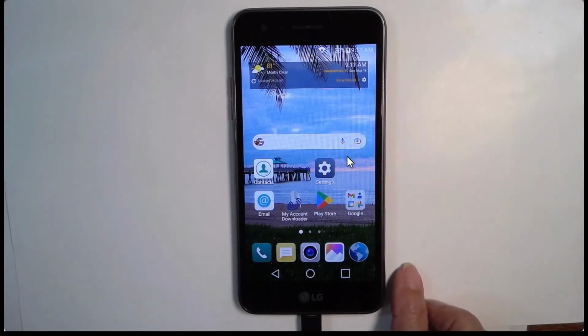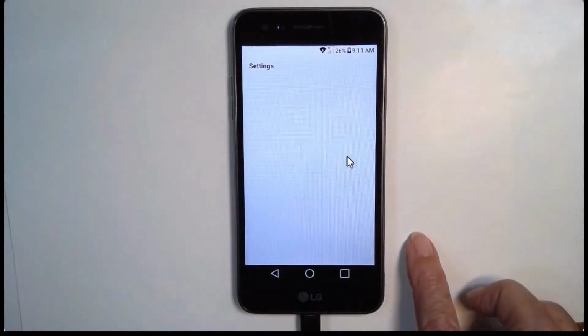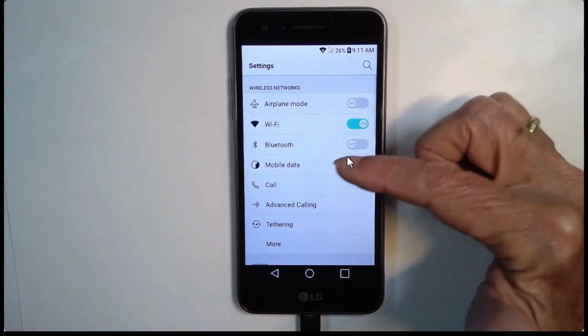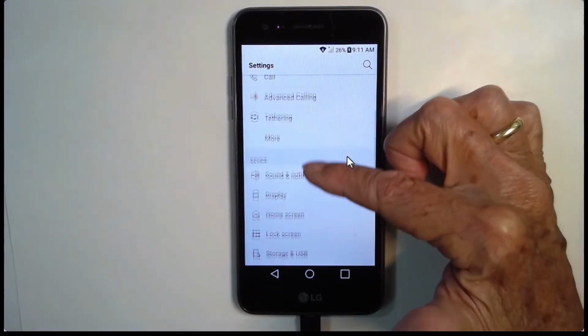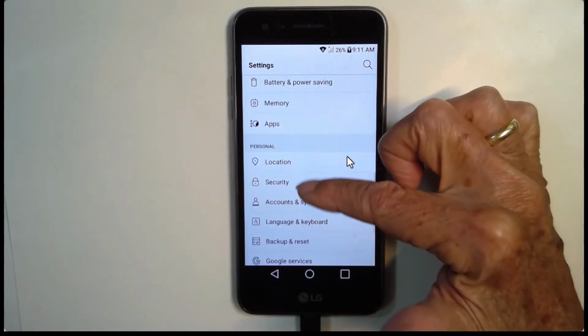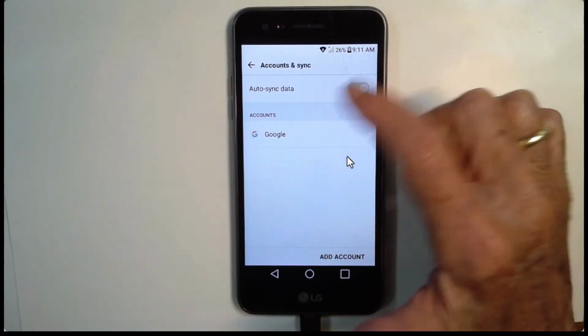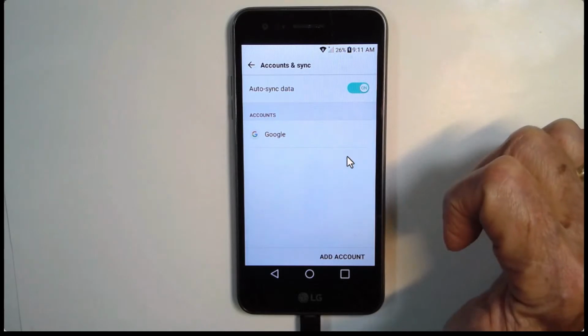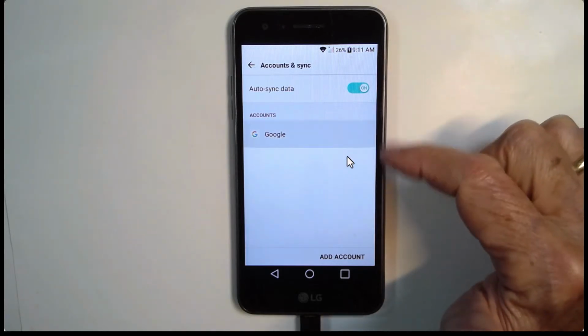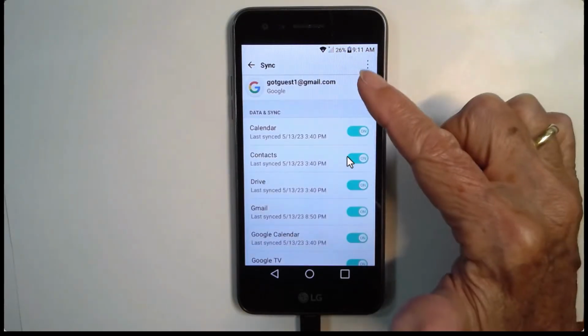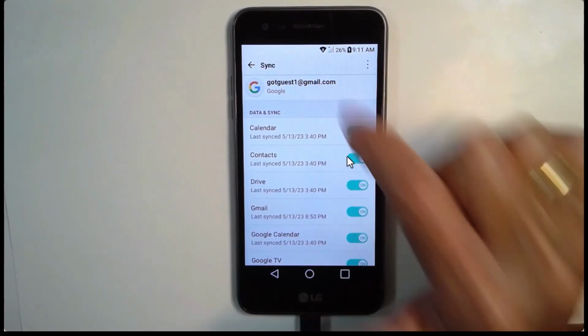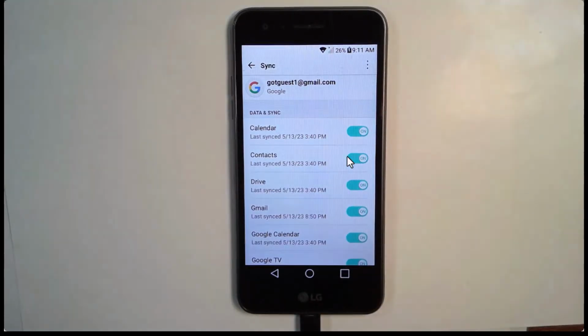On an Android, it's very similar. You go into Settings, and you find Accounts, and you should see a Google account. Otherwise, you would not be able to get apps from the Play Store. And there it is, gotguest1@gmail.com. And to prove that you know the password,